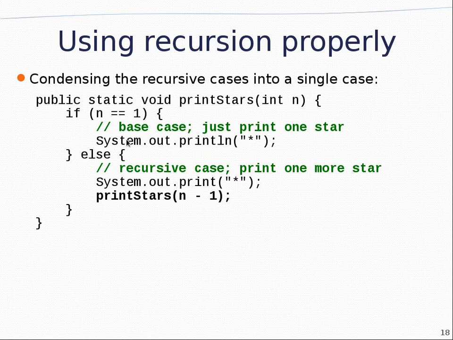It is kind of annoying. But you could just print it this way. Your base case is print 1 star, otherwise print a star and then print n minus 1 more. Call ourselves with 1 less. Basically saying we've done 1 step of the work, we now need to do n minus 1 steps.